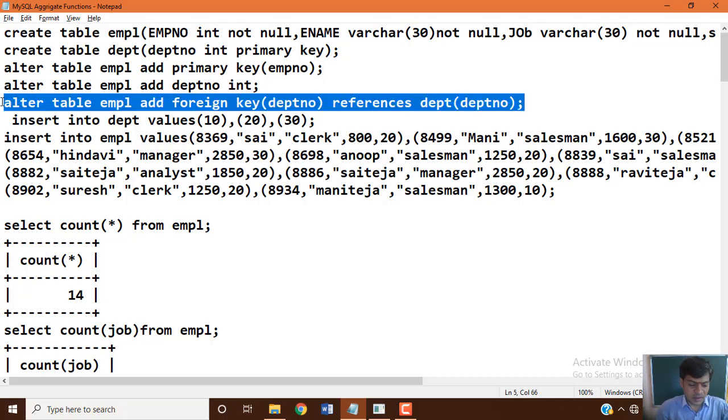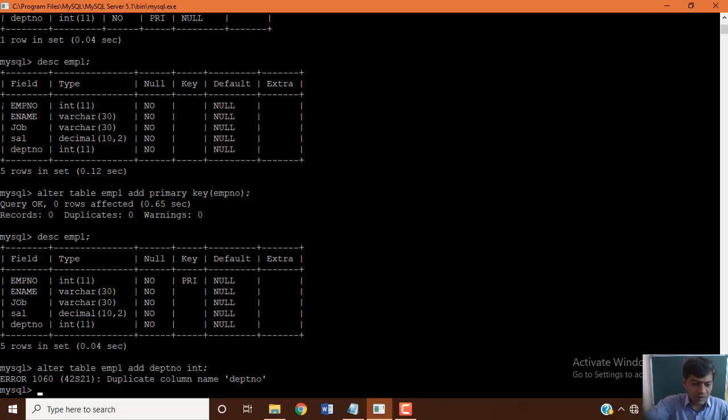Now using the alter table command, we are going to create: alter table EMPL add foreign key, the DEPT num references the department table field called DEPT num, which we are going to reference under the department table DEPT number within the employee table.